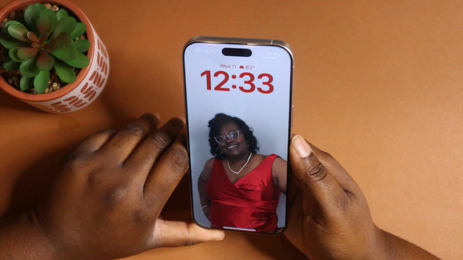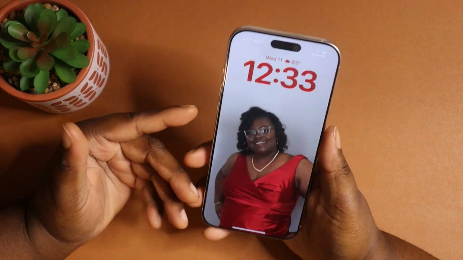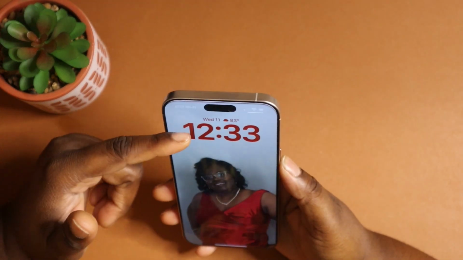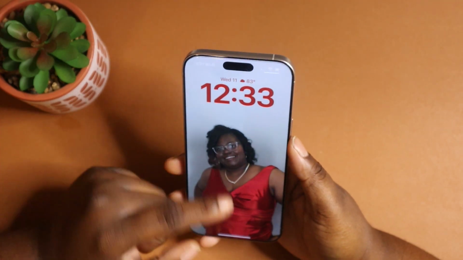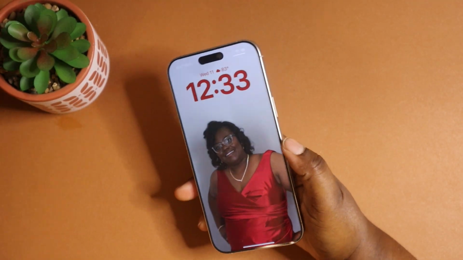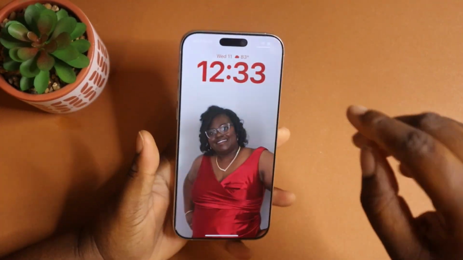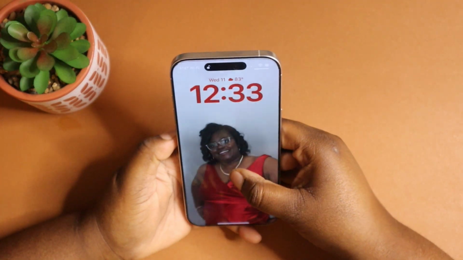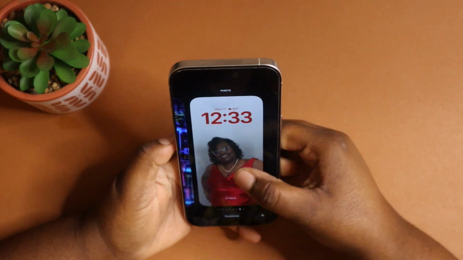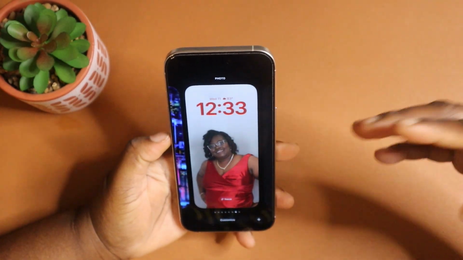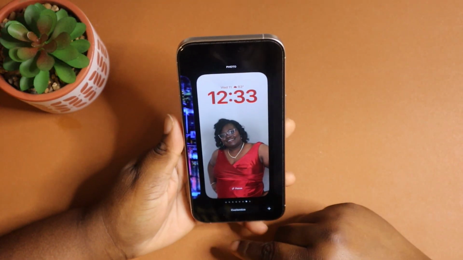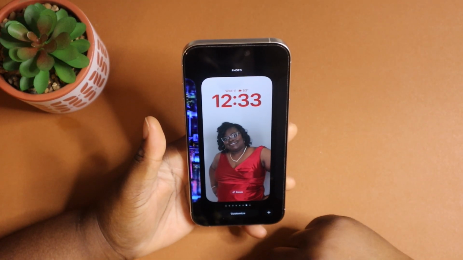So this is my lock screen setup. As you can see, it looks like it's glass because they're calling this the liquid glass design. If you hold down on your lock screen, you will be able to edit it like always. You can come here and hit customize,